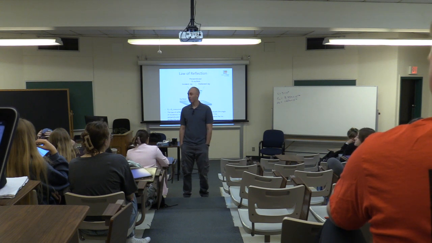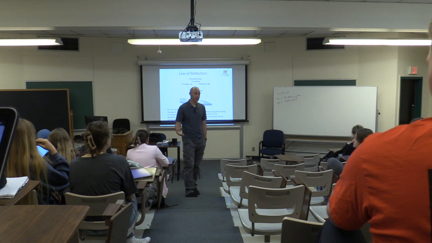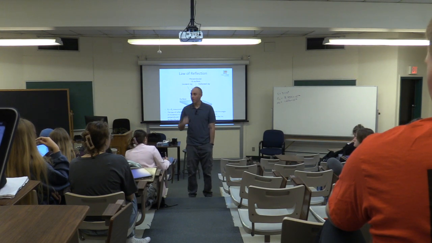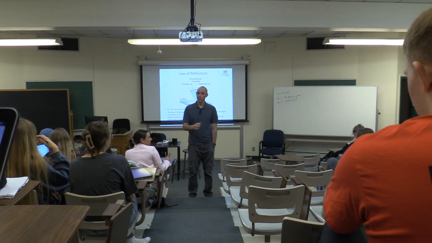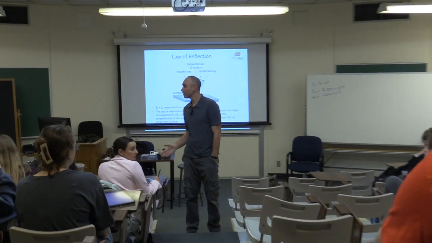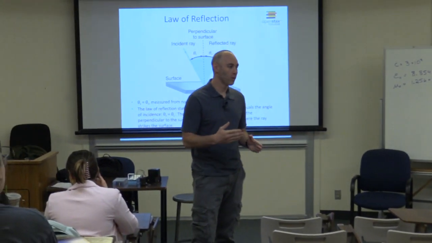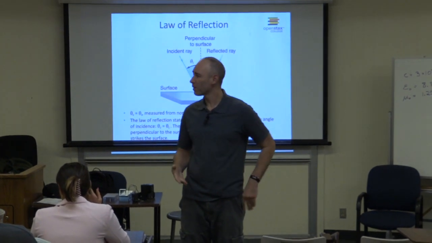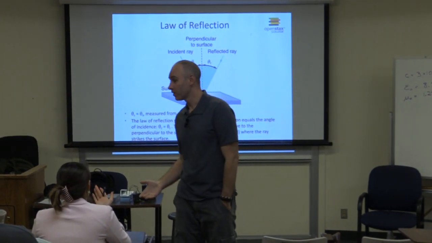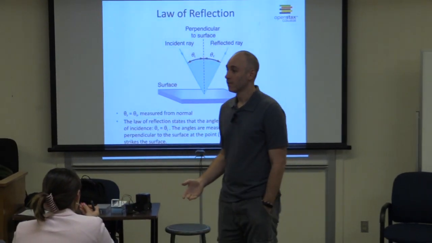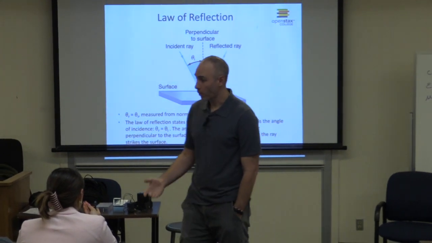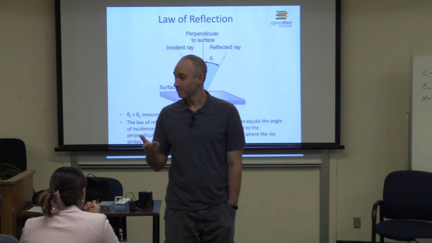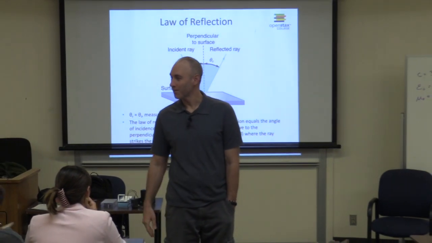I think it is using geometry to understand the particle-like nature of light. Because we talked last time about how light has a dual nature. It's got both particle-like nature and wave-like nature. And we can make sense of some things that light does in terms of these particle-like properties, and other things that light does in terms of its wave-like properties. We're going to start by talking about its particle-like properties, so we're going to use geometry to understand that better, right? Yes. Yeah, that's essentially what you said.